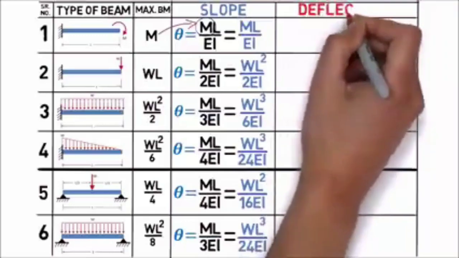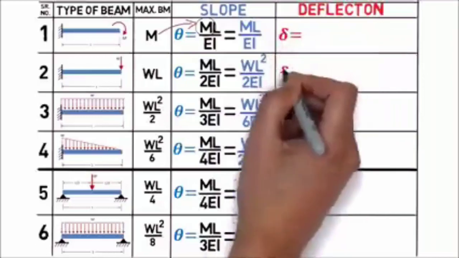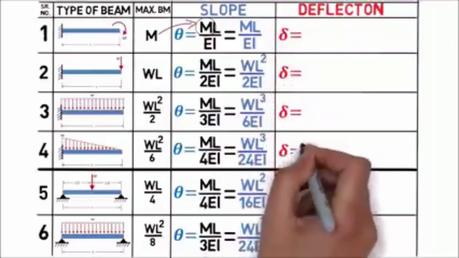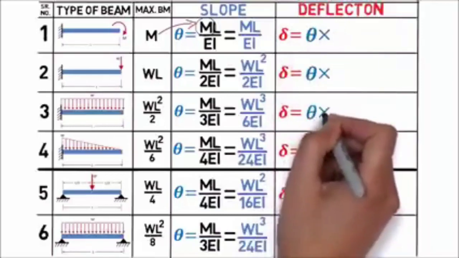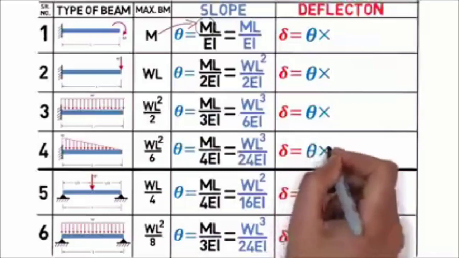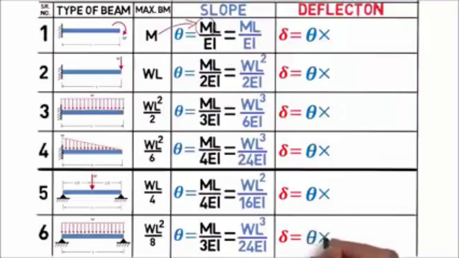Now the next important column is the maximum deflection of the beam. Here you should note that the deflection will be maximum at the free end in the case of a cantilever beam, while in the case of a simply supported beam, having symmetry about mid-span, the deflection will be maximum at mid-span. Now let's see the maximum deflection of the respective cases. To find the maximum deflection of each case, I will simply use the formula of slope for that particular case and multiply it with a factor. The only thing you need to do is remember these multiplying factors, and if you see them carefully you will come to know that these are also in a sequence.